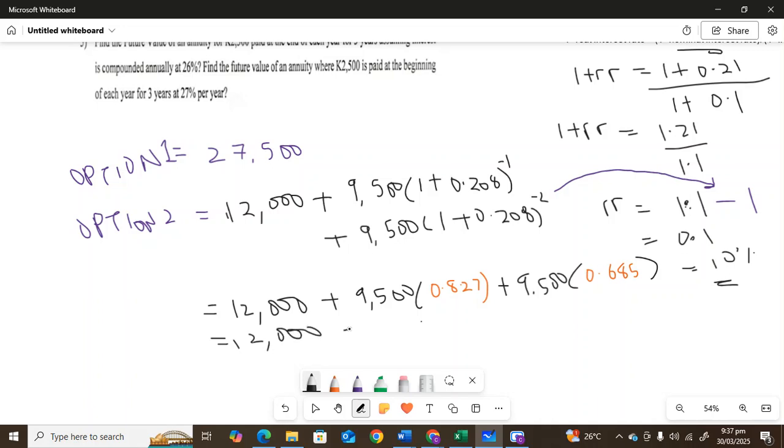Just hold on. 9,500 times 0.827. We get 7,856.5. Okay, so this 9,500 which we're going to pay in the next year, today its value is 7,856.5